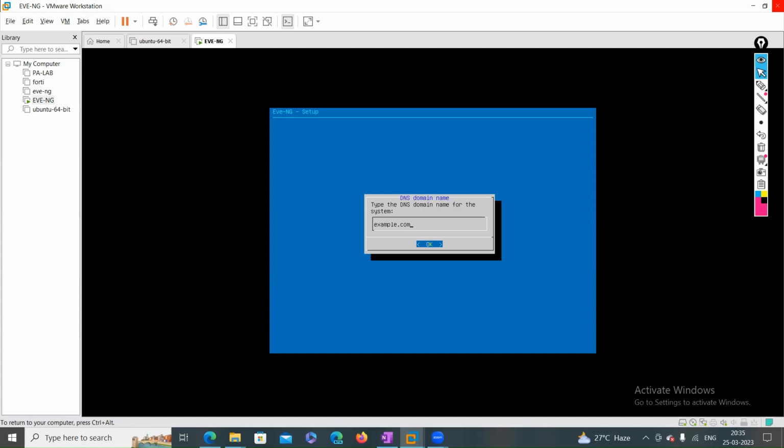And in case you have a DNS domain name server, I mean an LDAP server in your environment, if you want to add this machine into the domain as well, you can add it. As of now, we don't have any DNS domain, so you need not give any domain name for your EVNG virtual machine. Okay, so just make it okay,